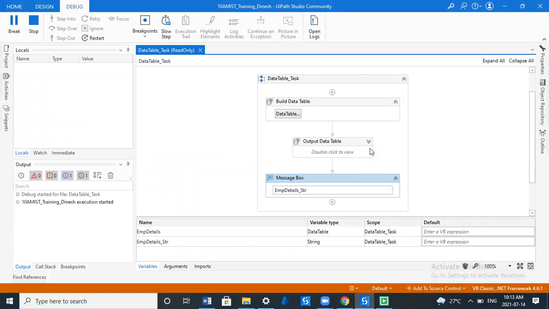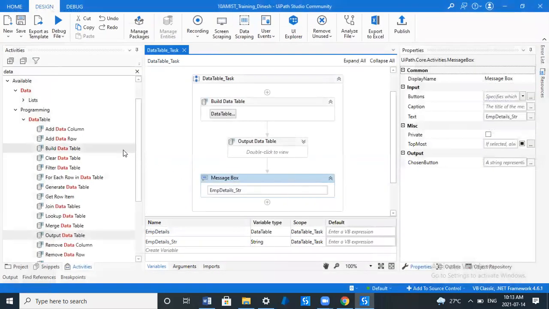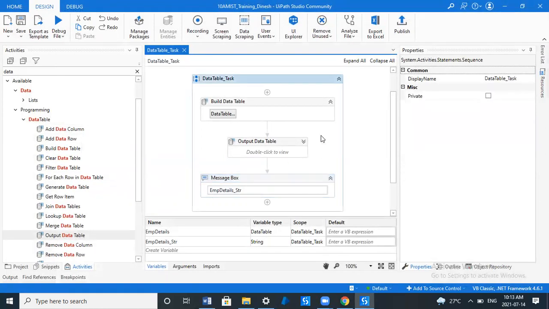You can see whatever values are present in the data table, all those values are available. I mean headers and two values. So in future you will work with multiple activities, which means sometimes you would have to add multiple columns to the data table. Currently we have 3 columns, right? So if you want to add one more column, which is employee number,